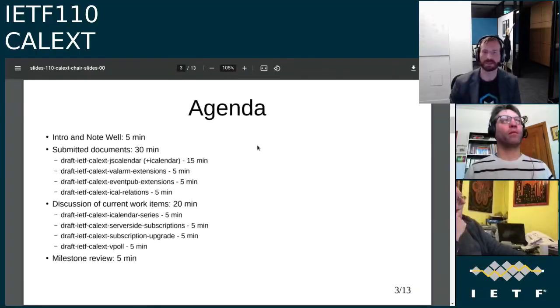This is the rough agenda that I've put forward for the hour that we have. I don't know how accurately we'll stick to these timings. There's no particular need to. Better off just spending the time on what we want to spend the time on. Does anybody have any agenda bashing before we get into it? Anything else you want to discuss?